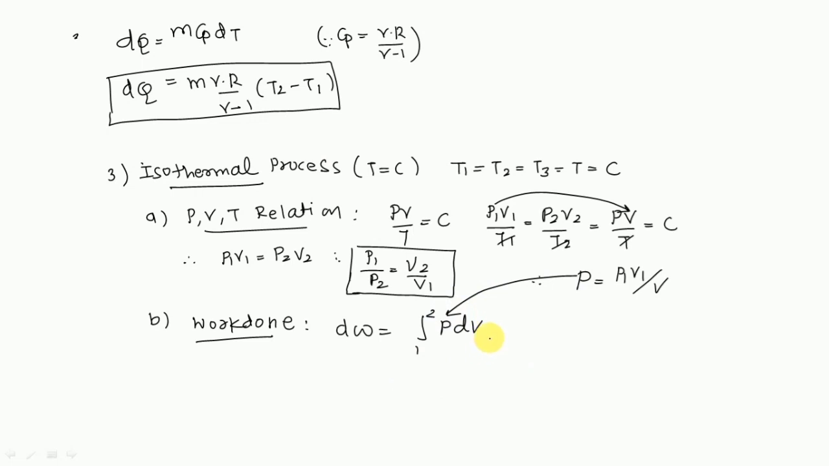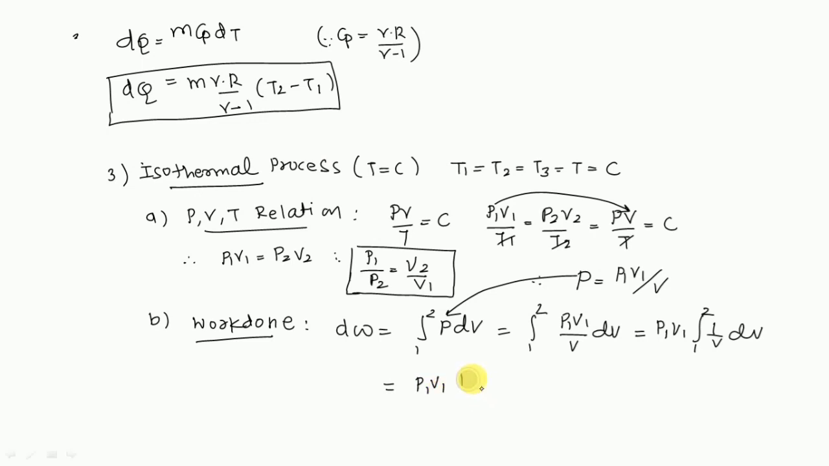If we put this value, then integration from 1 to 2, we can write over here P1 V1 upon V into dV. But here the values of pressure and volume at a particular point are fixed, so we cannot integrate them. So P1 V1 integration from 1 to 2 of 1 upon V dV. If you integrate this, then we get P1 V1,